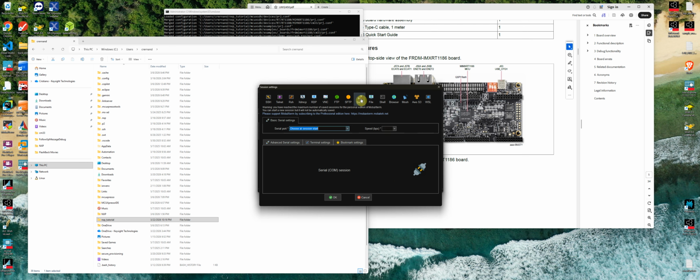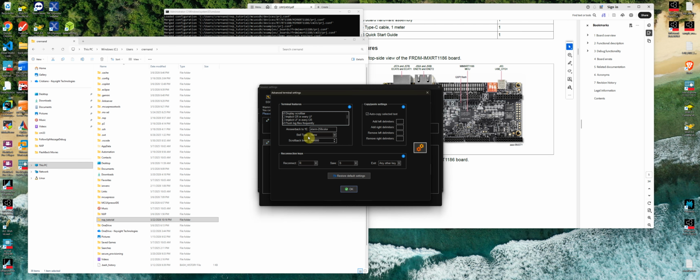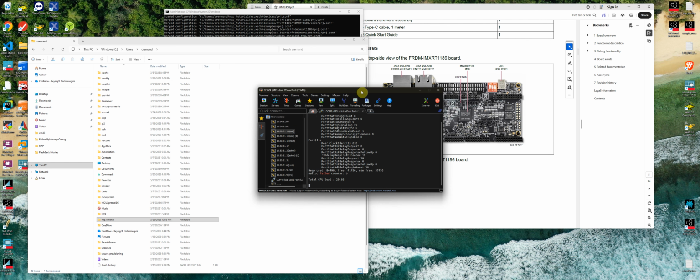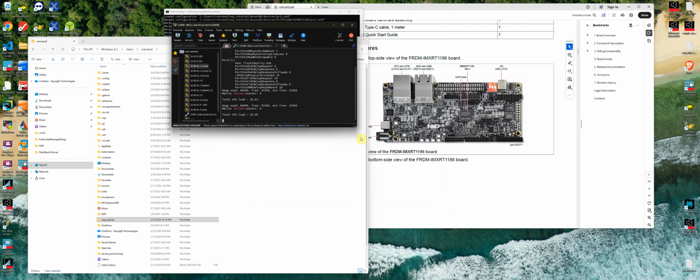So it's going to be in the serial. It's going to be port number 1 here, this MCU link via port 1. The speed is going to be 115,200, and the terminal settings here, the only thing you've got to do is change this to implicit CR, and you click OK, and then you click OK again,